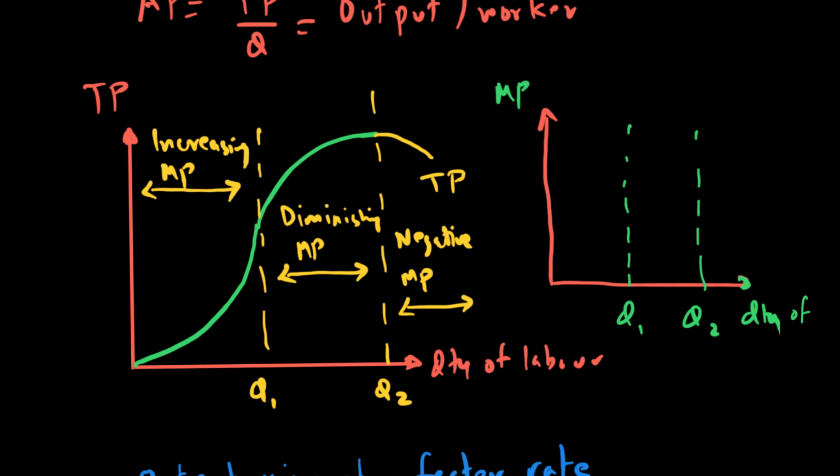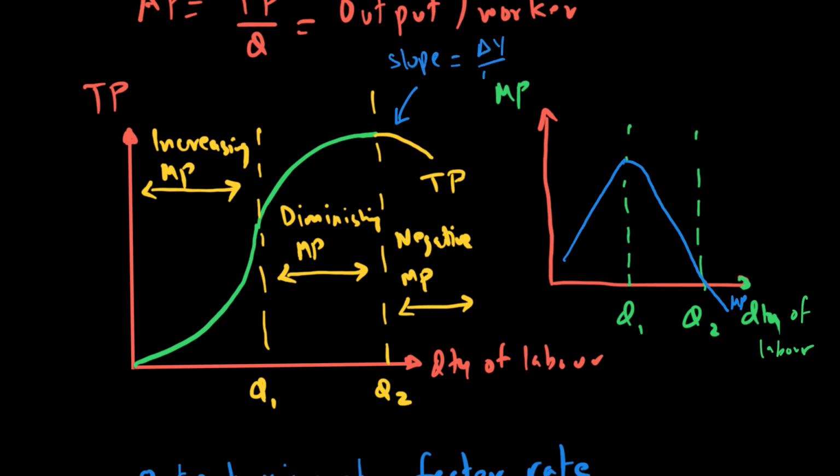So what is happening is simply that for the first Q1 workers, my MP is rising, and then for the next Q1 to Q2 workers, my MP is falling, and then beyond Q2 workers, my MP is actually negative. And the reason why we say this is because if I want to find the slope of this graph, the slope of this graph will be